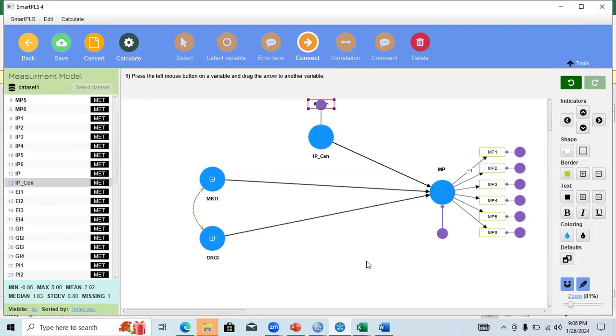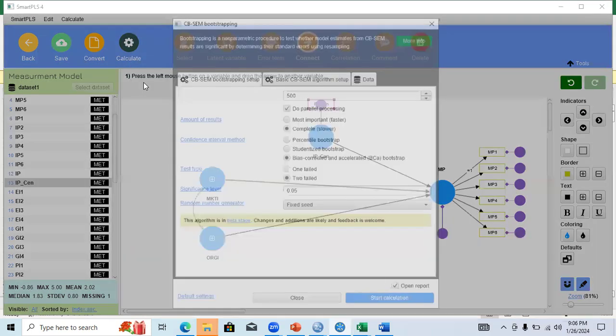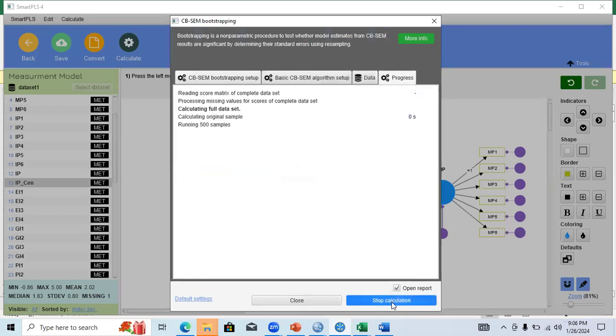So this interaction term has been connected. If you would like to see the moderation between independent variable and dependent variable, it will show through the interaction term. This is the procedure which is applied in the CB-SEM technique. So you need to go to the bootstrapping and run this procedure.